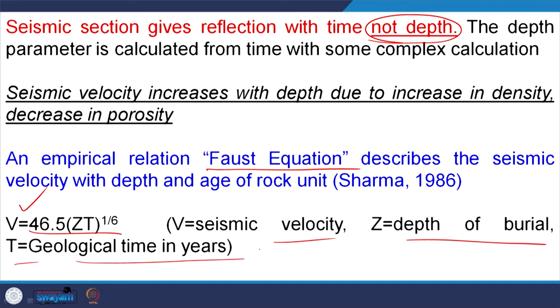So, this is a first equation, but not necessarily is this equation qualified to be applied in every geological sequence, depending upon the terrain, depending upon the rate of sedimentation, depending upon the proximity to plate boundary, or whether it is at the basin interior or at the basin periphery. So, that means though this empirical equation is there, an empirical relation it builds between time and velocity in geological time, it is not applicable everywhere.